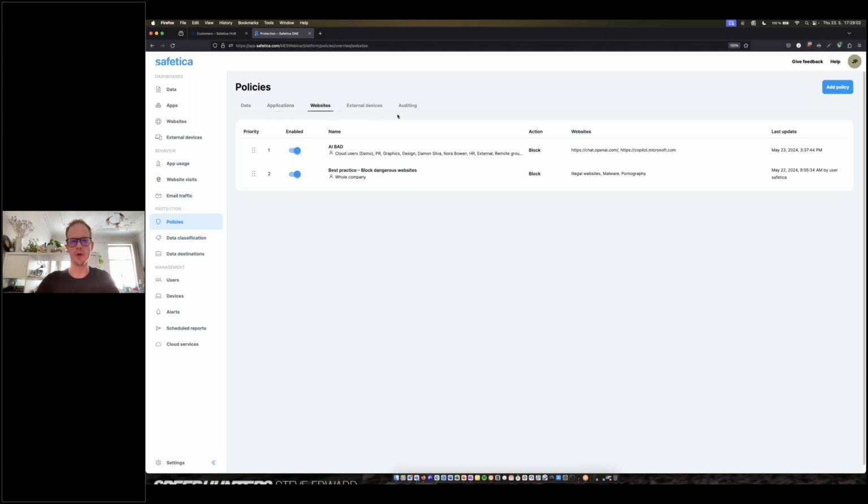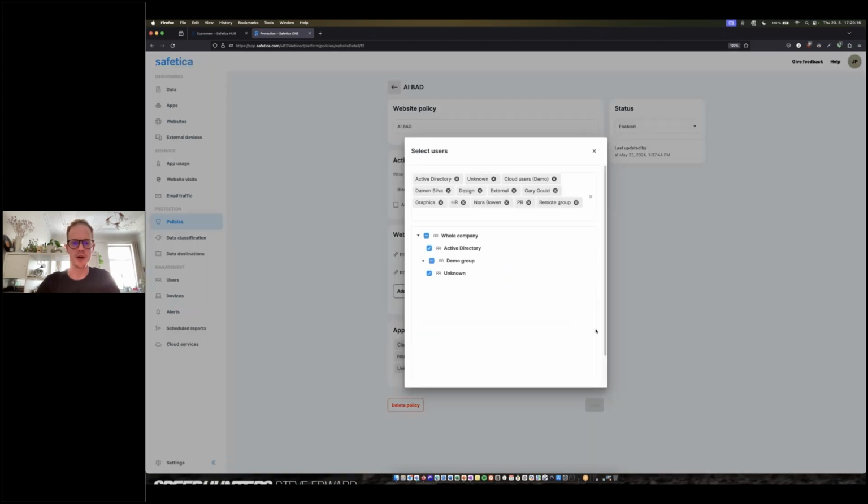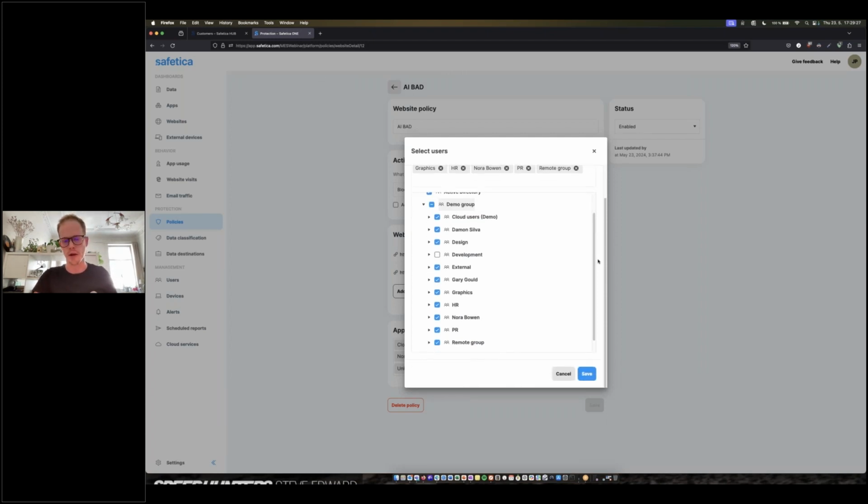Also, the same would go for websites. Again, I just made some dummy thing here, AI bad, and made some websites. So we've got ChatGPT and Copilot. And I'd also use an example here of going through the users and specifying some areas. And let's see, what did I do here? Yeah, so actually I restricted this for everybody other than the devs. Maybe the devs need it for some of the coding they're doing. Maybe they need some assistance and they don't want to use Stack Overflow or what have you, and we'll just ask Copilot or ChatGPT to help us out with our code. So again, these are just some examples of how the solution can be configured.